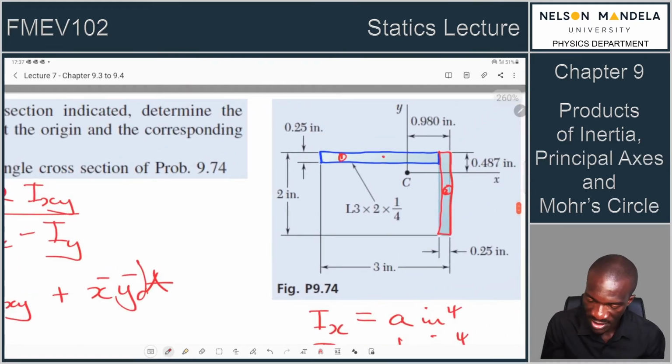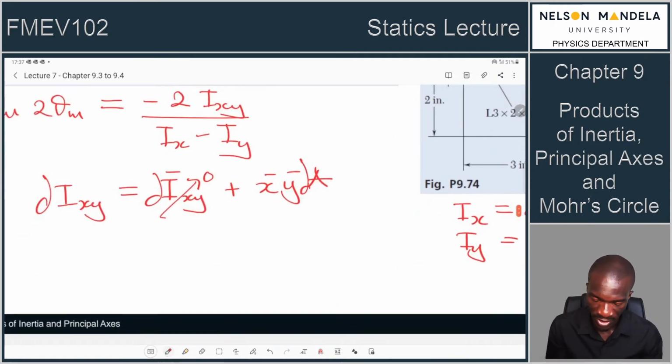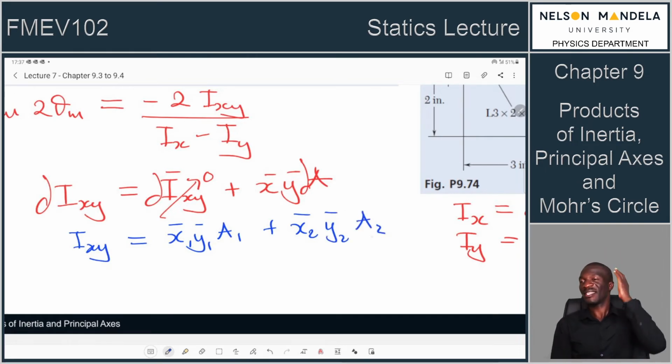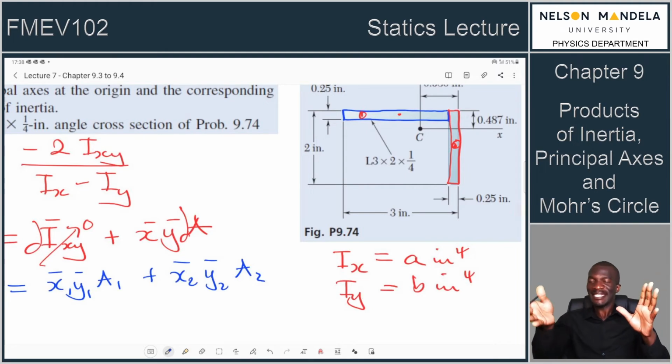Right, the centroids of these areas are seen, and we can see that they're symmetric, so this will easily disappear. So in other words, for your first term, you would say your Ixy would be equal to x1 bar y1 bar area 1 plus x2 bar y2 bar area 2. Right, so I think that one is more of a straightforward calculation. Just remember now, this angle iron,